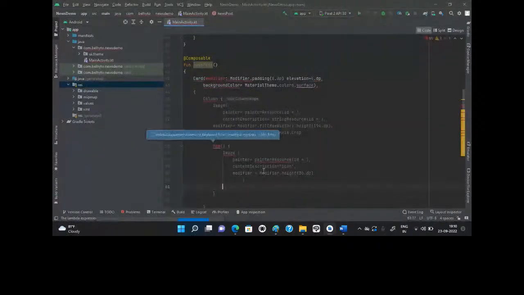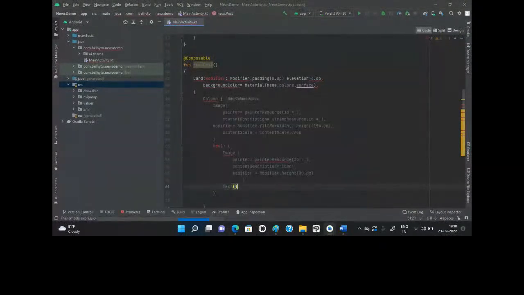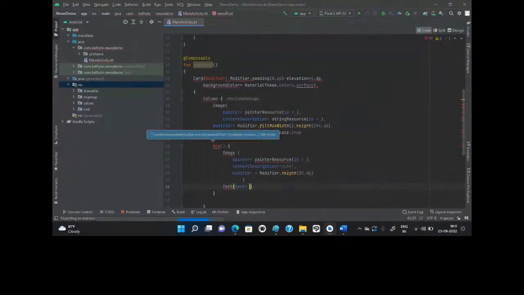Now I'll make one text composable function. So inside text, always capital T. I'll say text equals to, so just next to the icon, I'll have a text. So I want it to be like a general description of all these newses. So I'll just say latest tech newses in double quotations. Latest tech news. Then